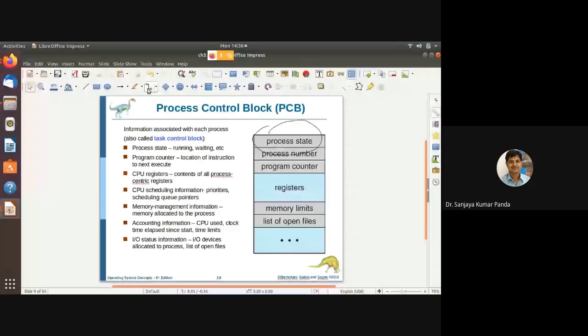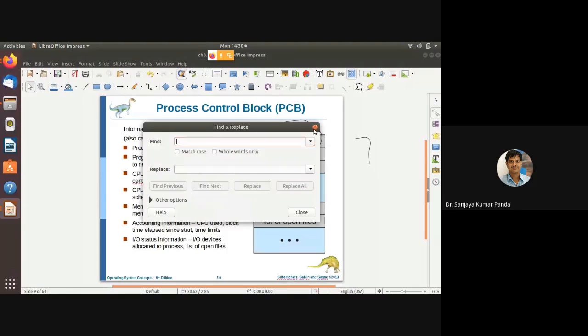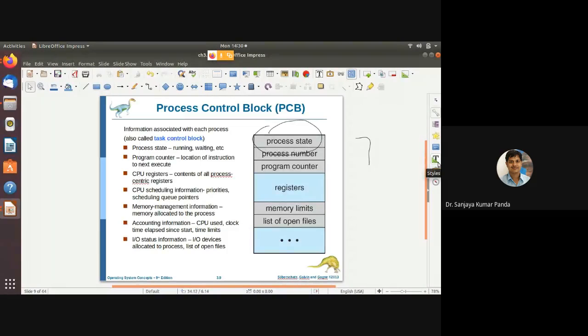For example, suppose you are reading page number 72, line number 2.